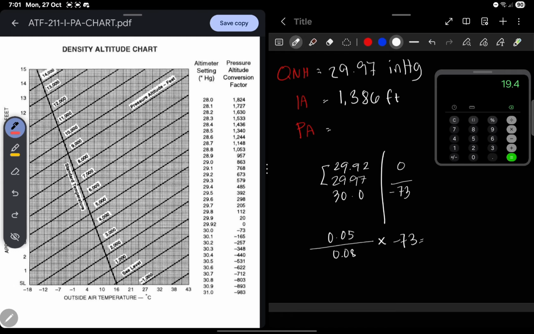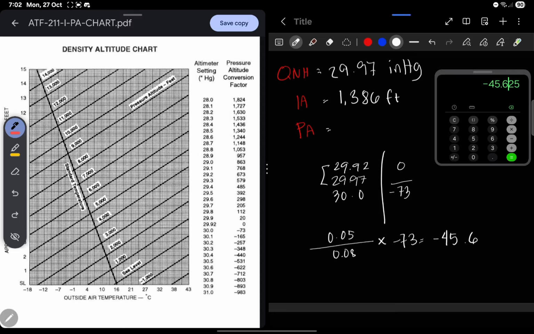So let's grab our calculator. 0.05 divided by 0.08, and multiply it by negative 73, which is negative